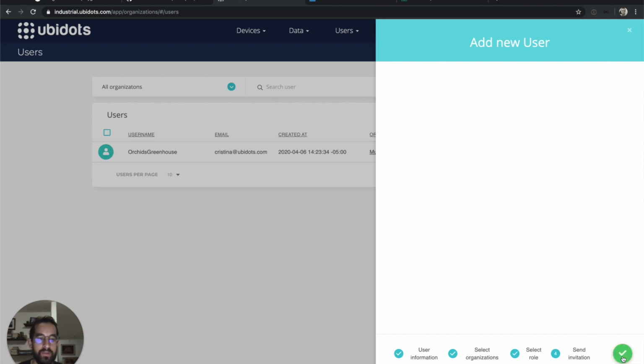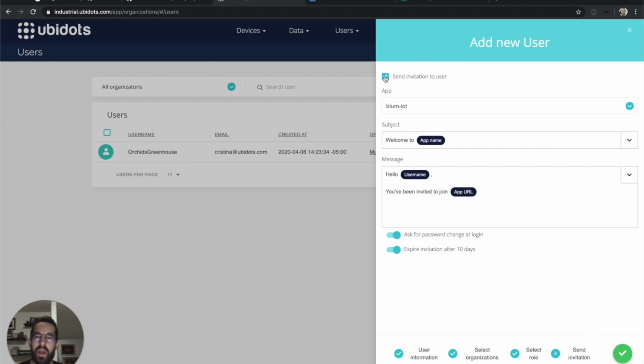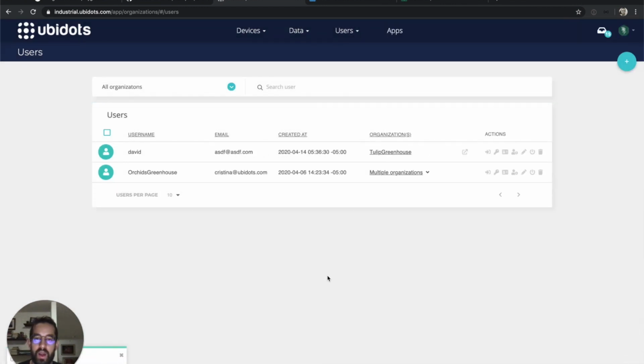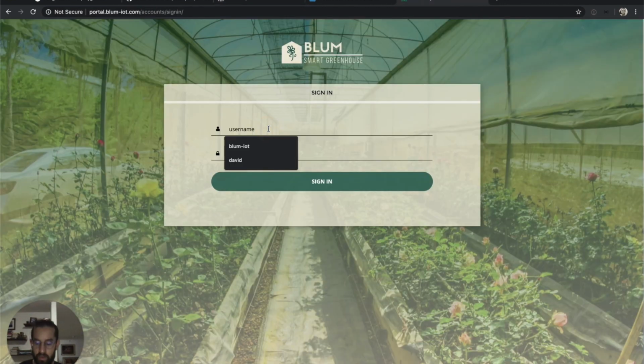At the end, I'm going to skip this step. That is just an invitation email, but for the case here, we don't need it right now. Now that we have this user, I'm only left to assign a password, an easy one, and then we can go to the application and see how this David user will actually see the application. So David here, the password,